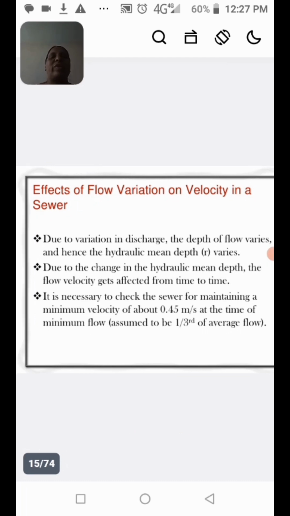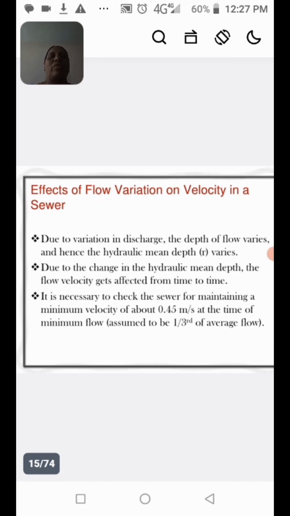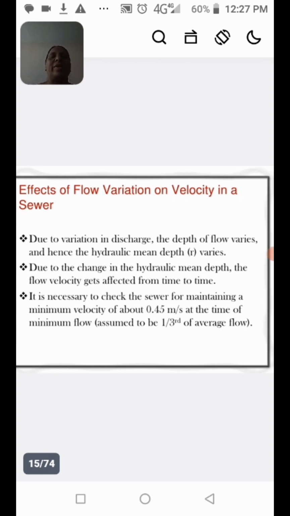Next, we see the effects of flow variation on velocity in a sewer. Due to variation in discharge, the depth of flow varies, and hence the hydraulic mean depth varies. Due to the change in the hydraulic mean depth,